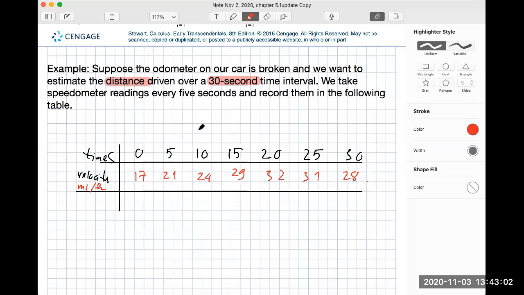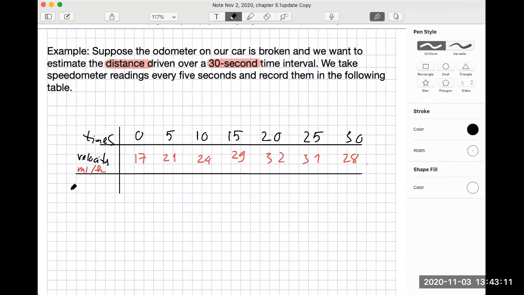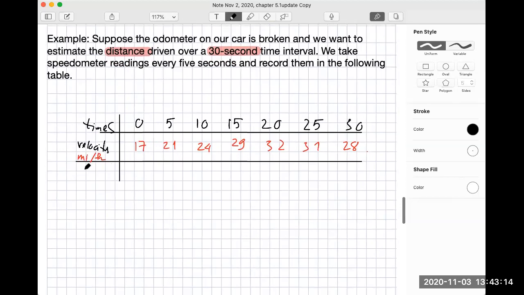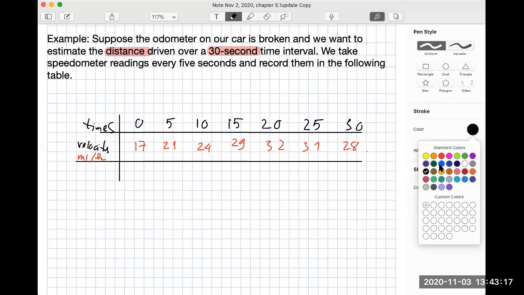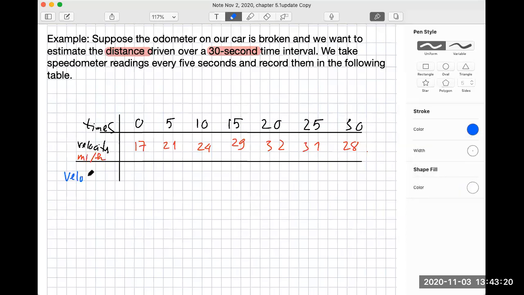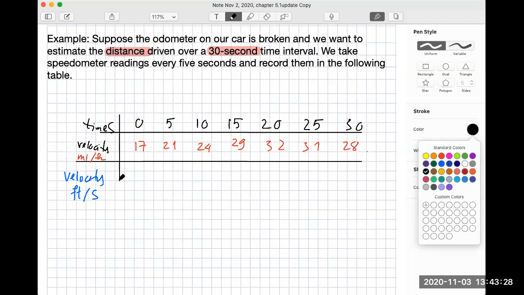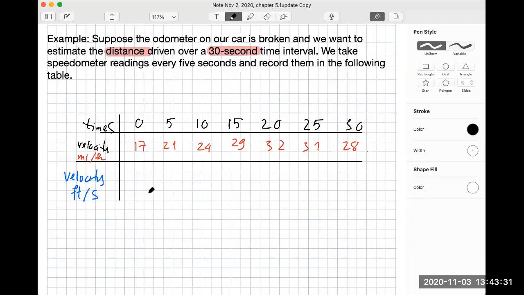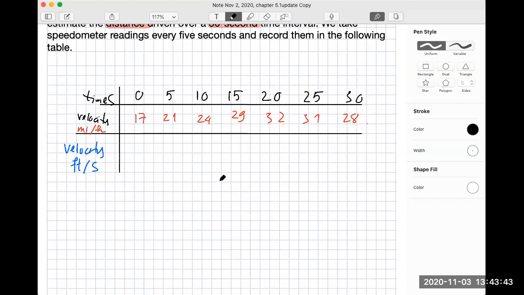If we want to compute it in terms of feet per second, right? This is miles per hour. And let us compute it in feet per second, okay? It means that we need to change all the velocities from miles per hour to feet per second. So remember now,